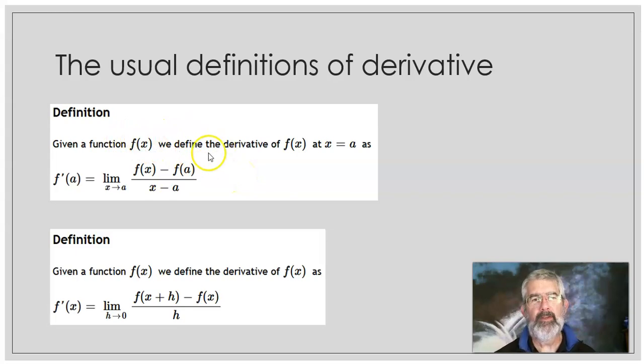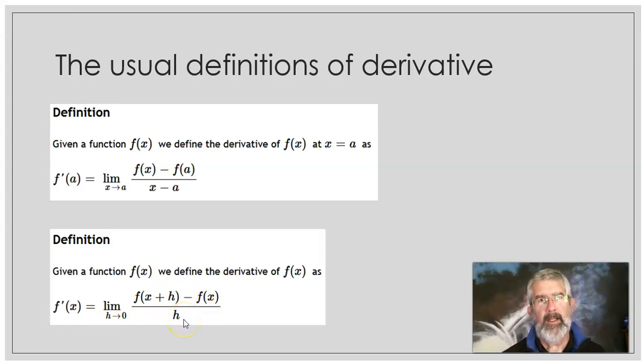So they say, given a function f of x, we define the derivative of f of x at x equals a as f prime of a equals the limit as x goes to a of f of x minus f of a all over x minus a. And then they go on to give a definition of the derivative as a function. So given a function f of x, we define the derivative of f of x as f prime of x is the limit as h goes to 0 of f of x plus h minus f of x all